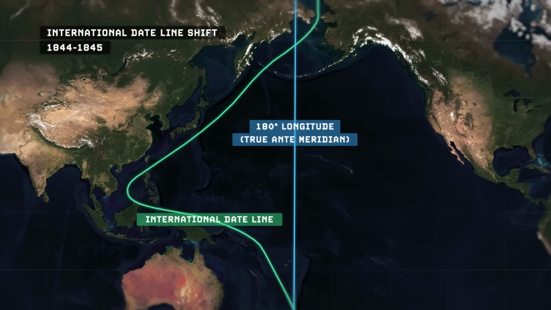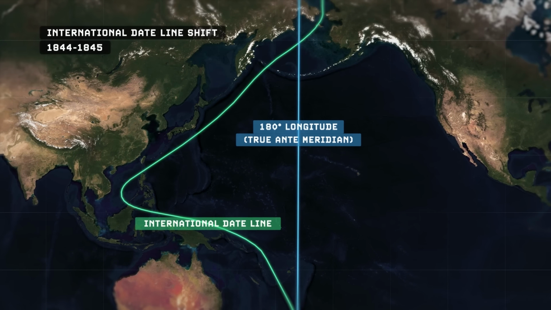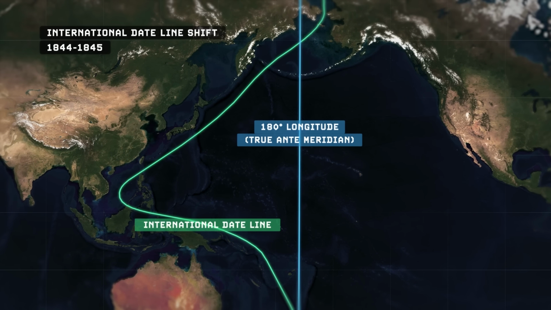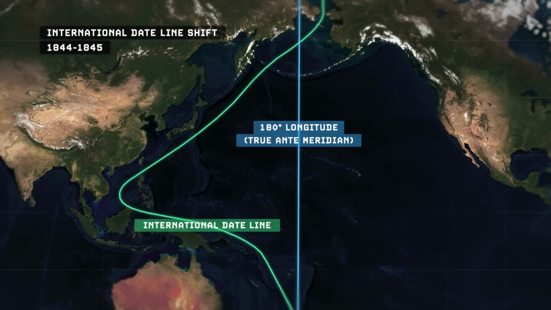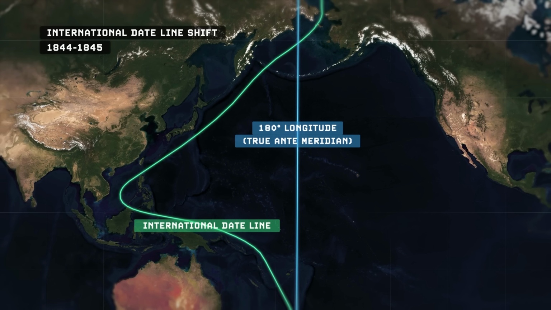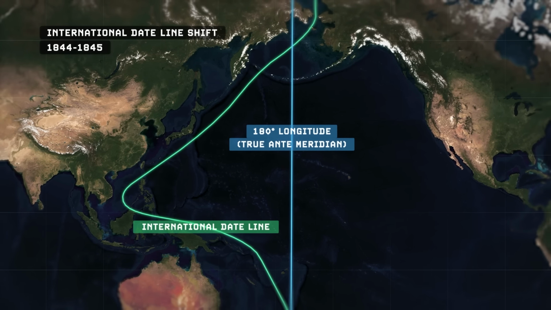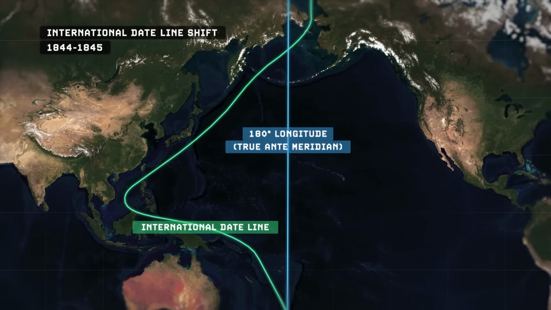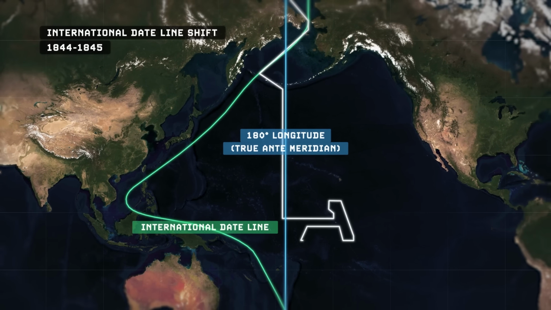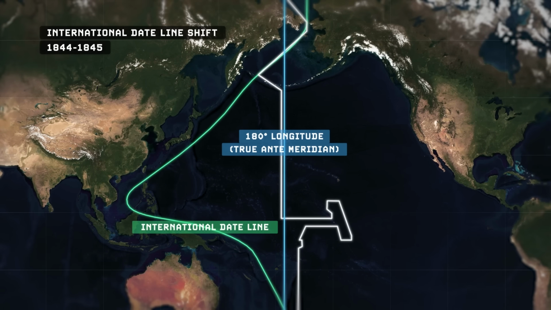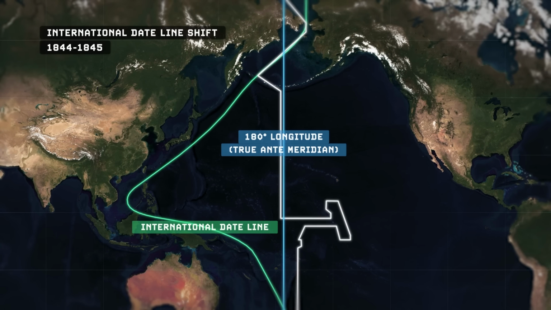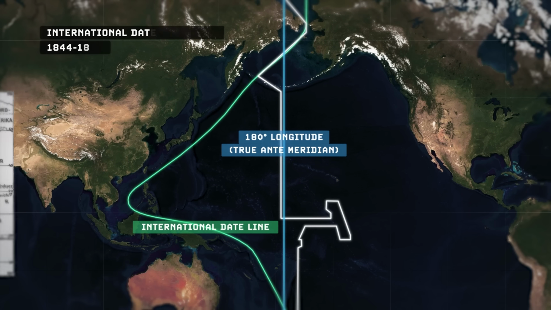trade partners was no longer working out, and in order to fix it, they decided to shift themselves over to the western side of the international dateline by deleting the date of Tuesday the 31st of December from the calendar entirely. Monday the 30th of December 1844 in the Philippines was thus immediately followed by Wednesday the 1st of January 1845, and the international dateline was shifted further to the east to match much more closely with the 180th line of longitude. However, the news of that change apparently didn't reach much of the Western world until the later 1890s,